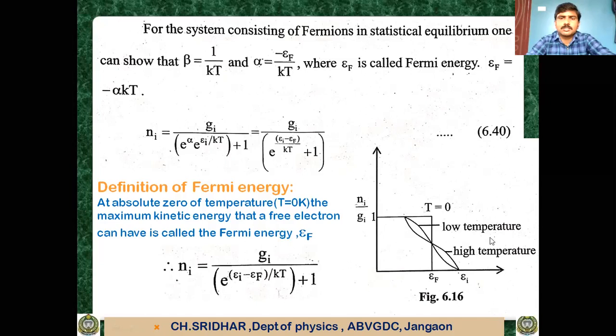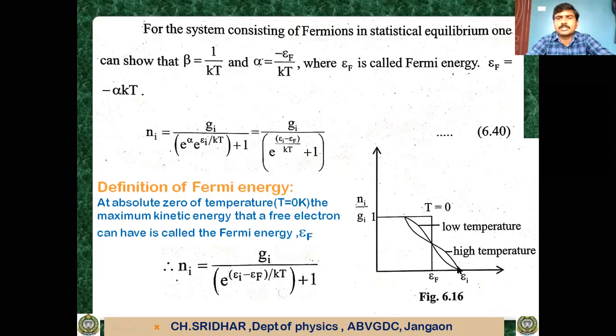So this graph is showing the variation of the occupation index with the energy. At T equal to 0, the energy is EF and the ratio Ni by Gi is equal to 1. And if you change the temperature, at low temperatures the occupation index decreases,